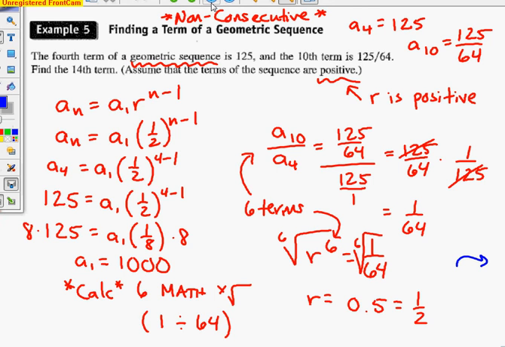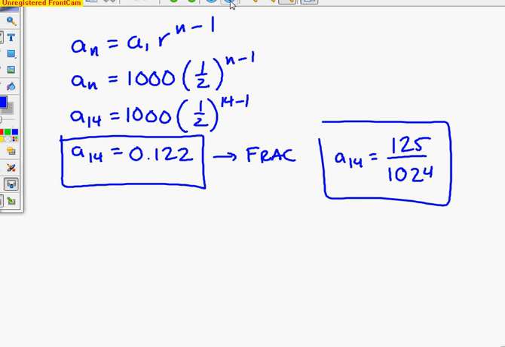1/2. And then we had to go back and find the a sub first term, so we had it in the formula. And then, once we did that, we could find the a sub 14th